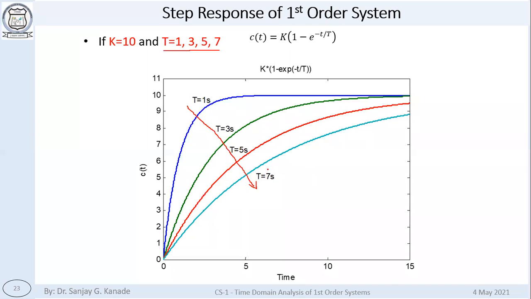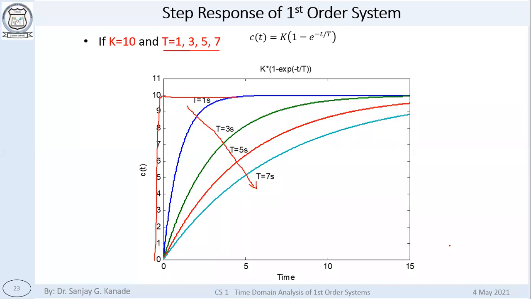Okay. When the time constant increases, the system response becomes slow. The ideal system response is that it should follow the input as it is, as per the input path. So the input in this case was a step input. So ideally, this should have been the response. But it is not really possible to get the step output practically. Practically, it is very difficult to obtain this kind of output.